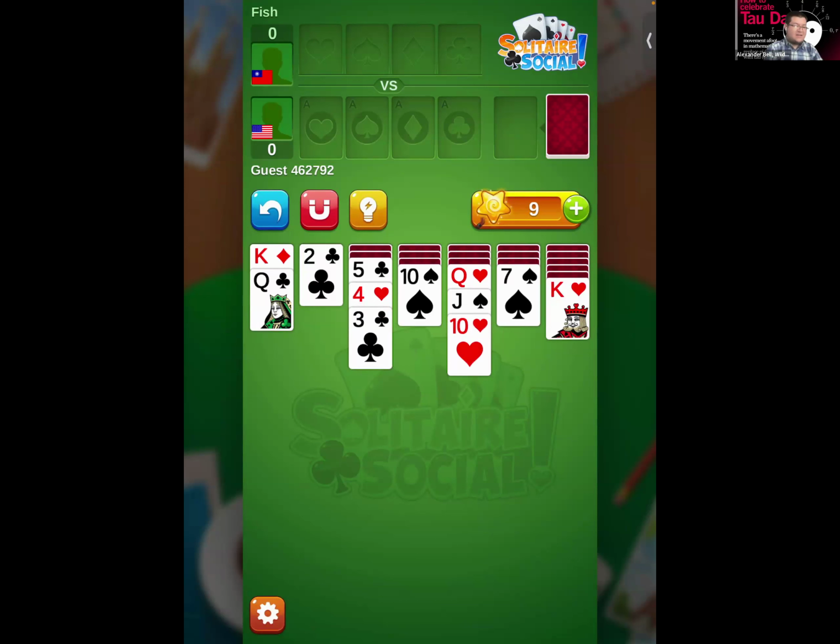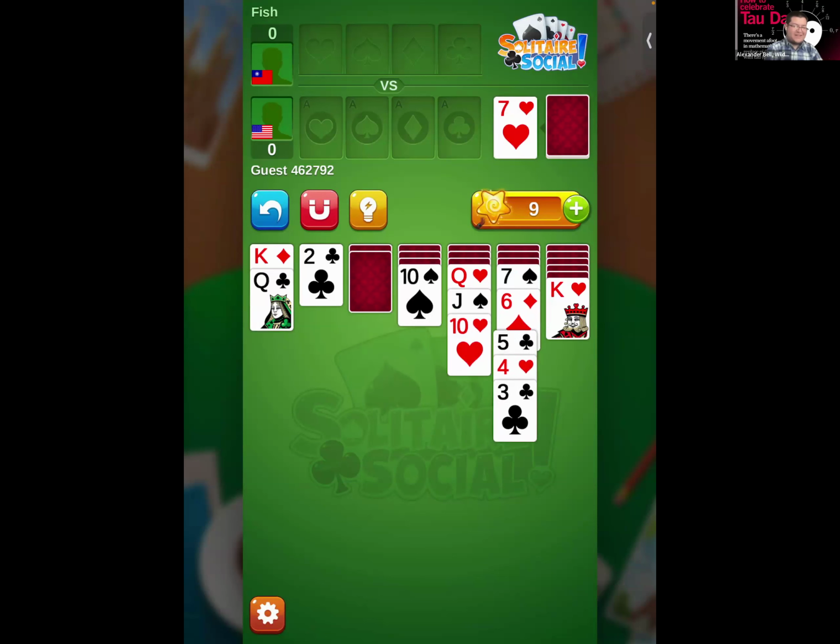Let's see. Nothing so far. I don't see any other alternates, so let me start a new card. Yep, 3. I need a black 4. Not that one. There's a black 4, but let's see. I don't have a red 5. No. 2. Nope. Yes, that works. This goes on the black 7, and then the 5 on the 6.